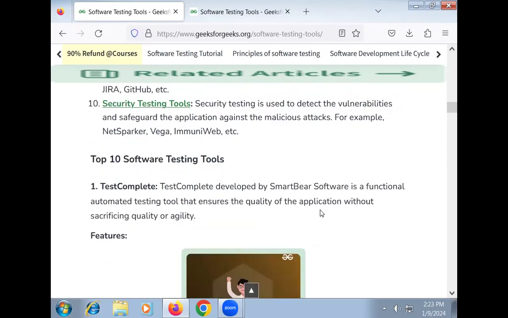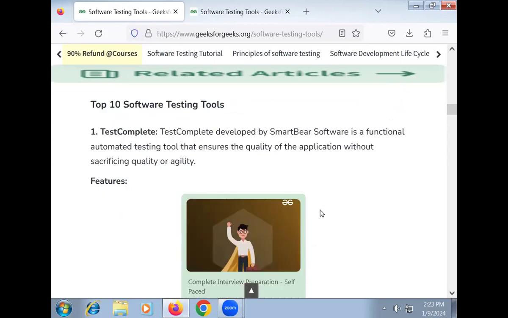The top 10 software testing tools. The first one is TestComplete. TestComplete, developed by SmartBear Software, is a functional automated testing tool that ensures the quality of the application without